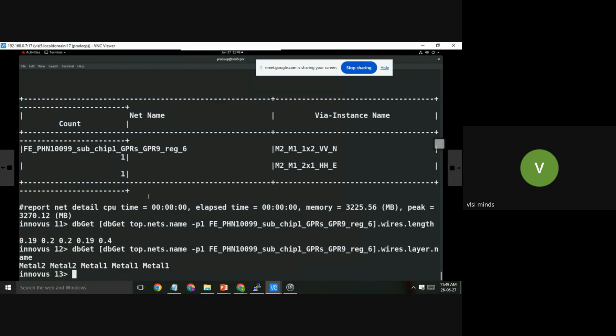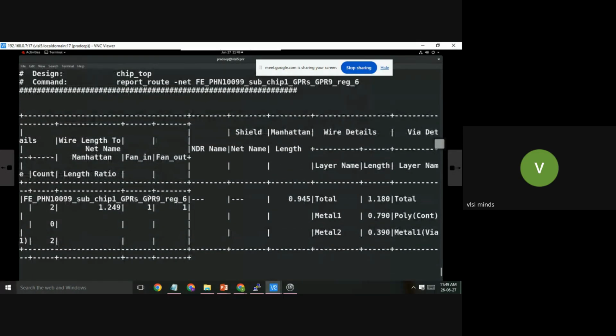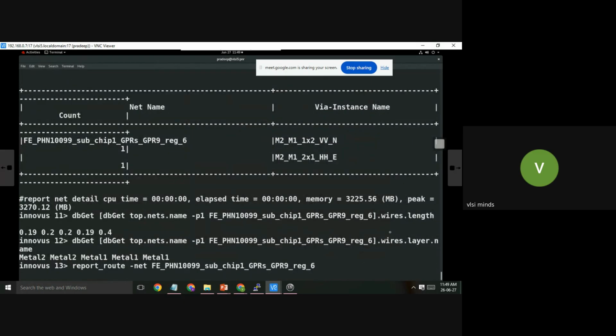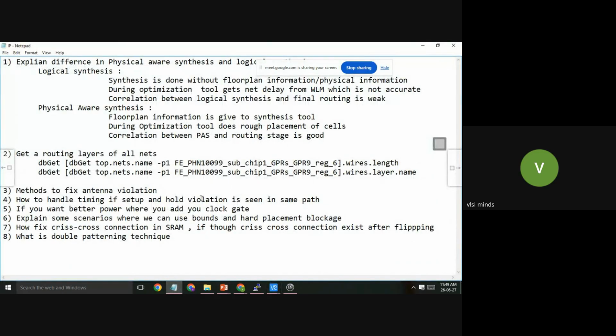That information you will get directly here: 0.79 for M1, 0.39 for M2. So you can use the command report route. As a PD engineer, you should know at least how to get all this information from the tool. That is what I mean here, and that is why I took this question. Not only this, you should handle these dbget commands in a flexible way so that you can get any information from the tool, whatever is asked.